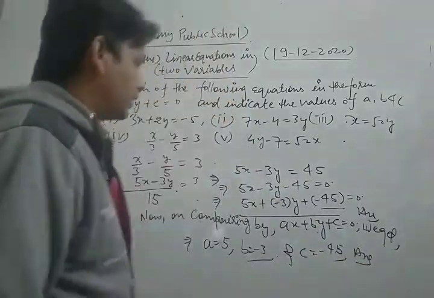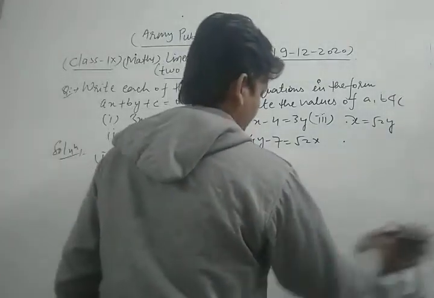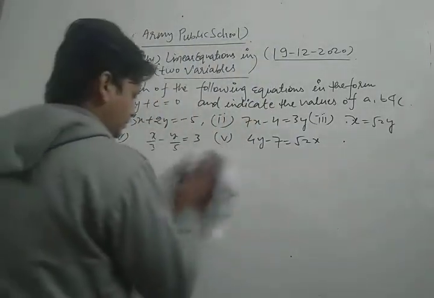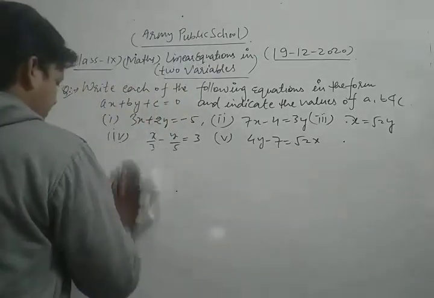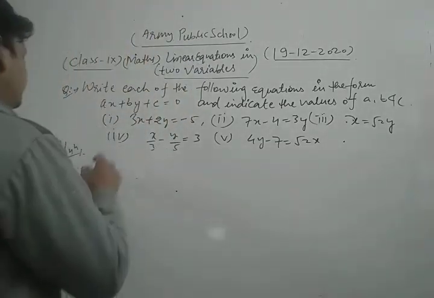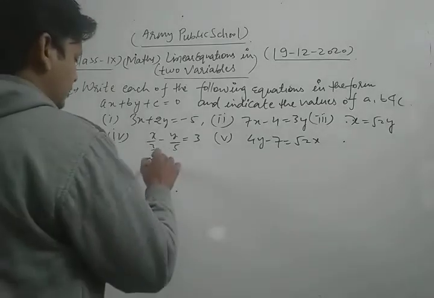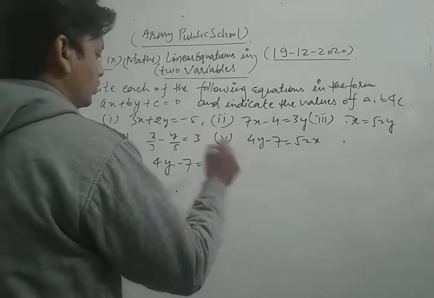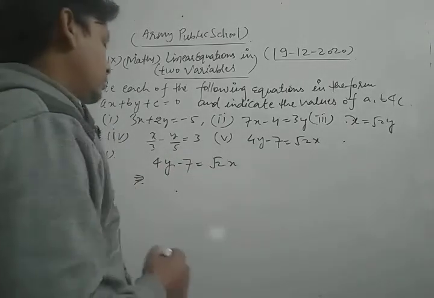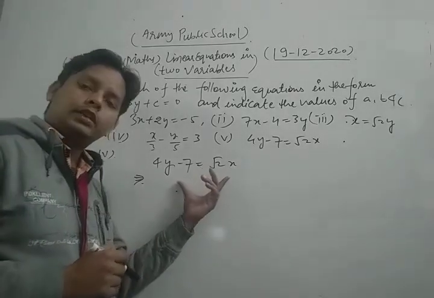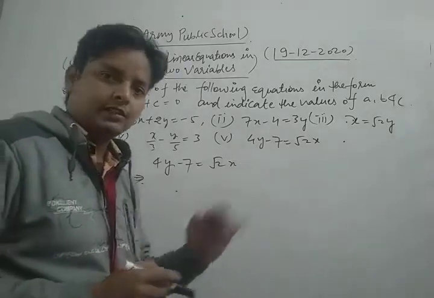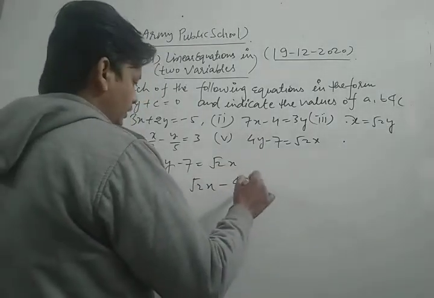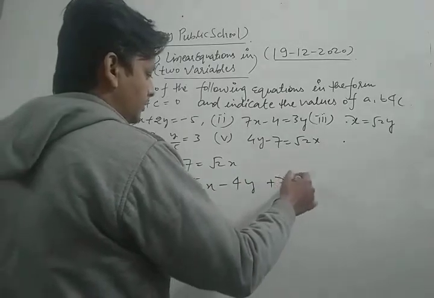Now we take and solve the last part of this question. Let's see. Now, dear students, we take and solve the last part of this question, which is 4y minus 7 is equal to under root 2x. Now, dear students, we can write the given equation first of all, under root 2x, write as it is. Okay. And 4y transfer to that side, so minus 4y, minus 7 transfer to that side, so we get plus 7 is equal to 0.